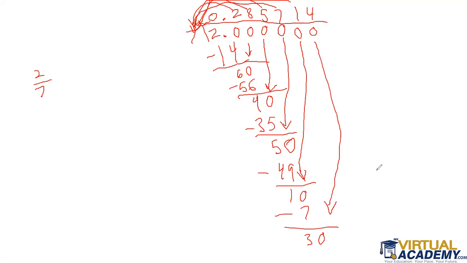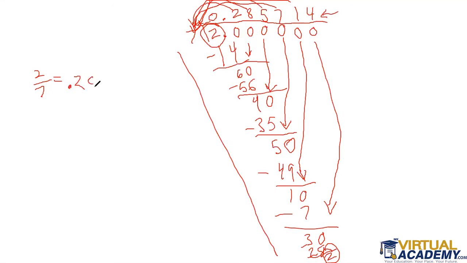Well, 4 times 7 is going to be 28, right? Subtract, we get, running out of room here, we get 2, right? Well, notice that we started out with 2 up here, and we ended up with 2 again down here, right? So this entire pattern here will repeat, okay? So the 285,714 on top here will keep repeating. So 2 over 7 equals